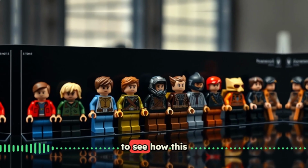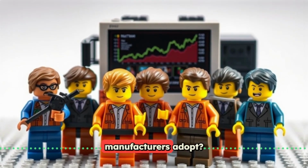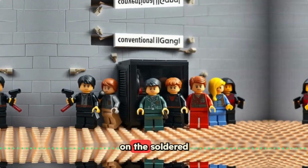It'll be interesting to see how this plays out in the long run. Will this become a trend we see other manufacturers adopt? Yeah. Or will it remain a niche approach? Only time will tell. Yeah. But regardless of where you stand on the soldered RAM debate,